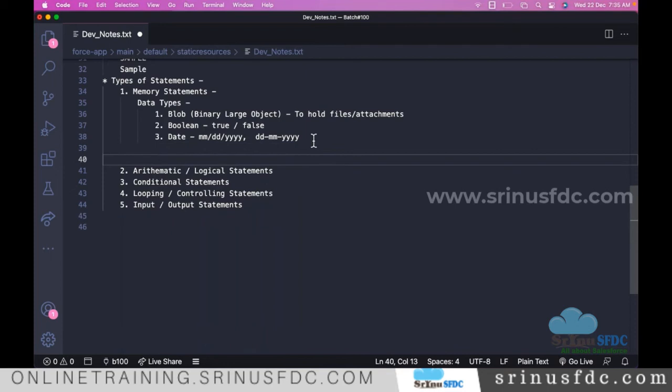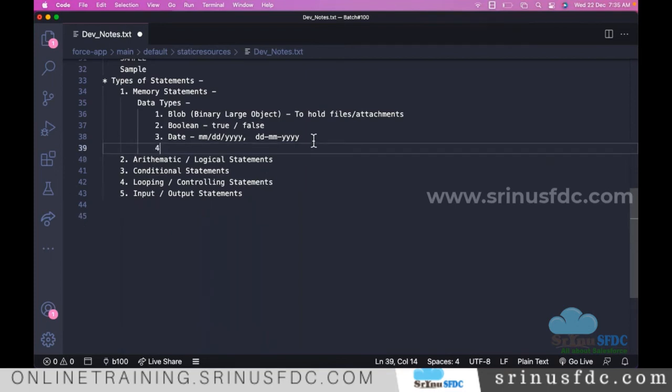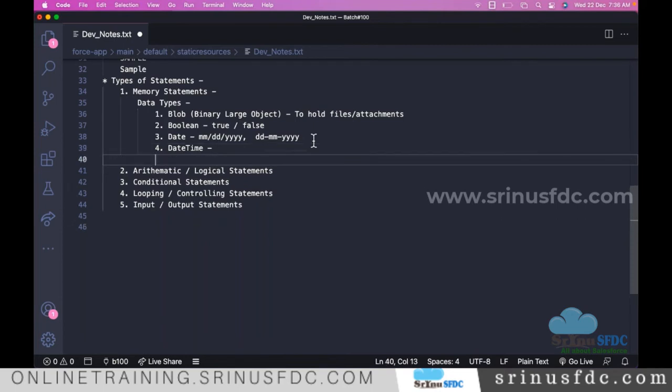The next one is the datetime type. Along with the date, it also holds the time, including the hours, minutes, seconds, and milliseconds also. Okay. So that is datetime. Going forward, you will see some examples for datetime. The next one is